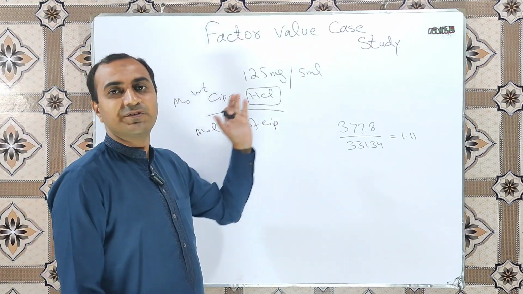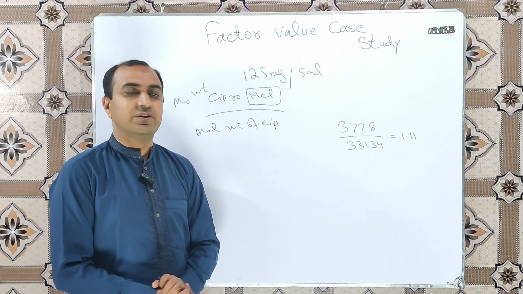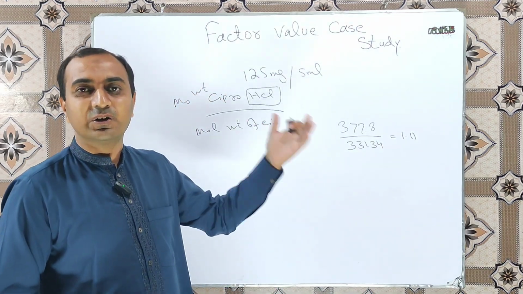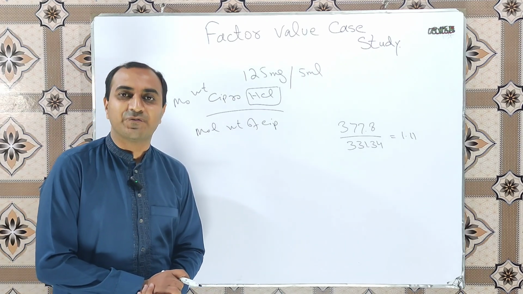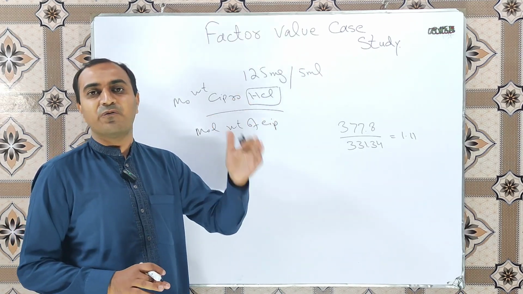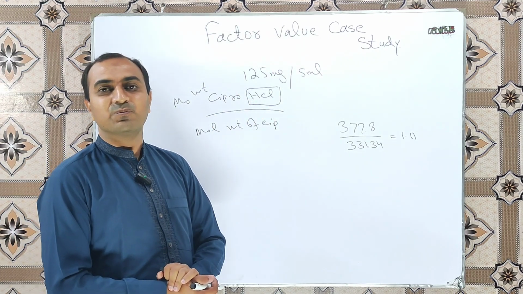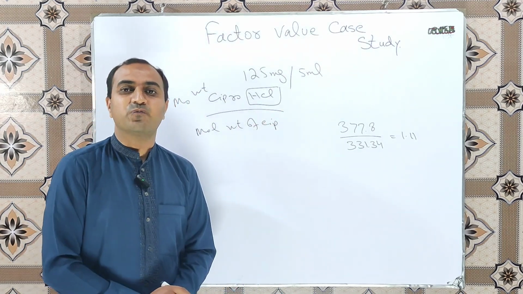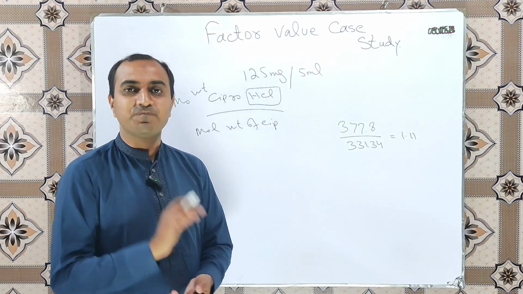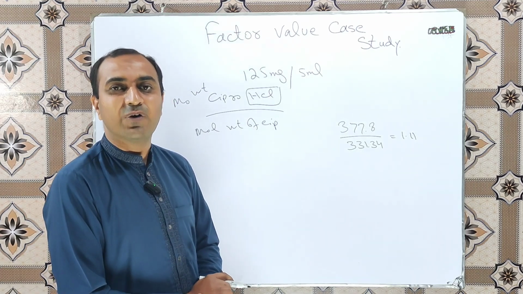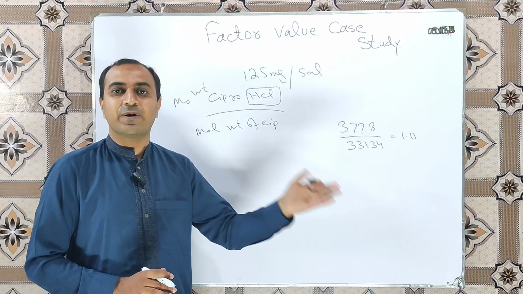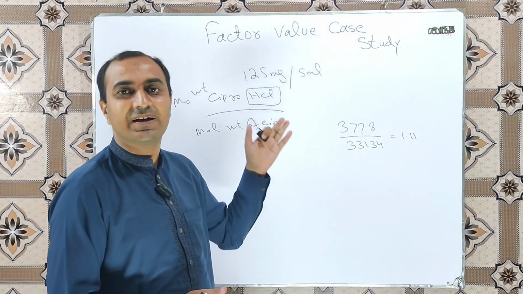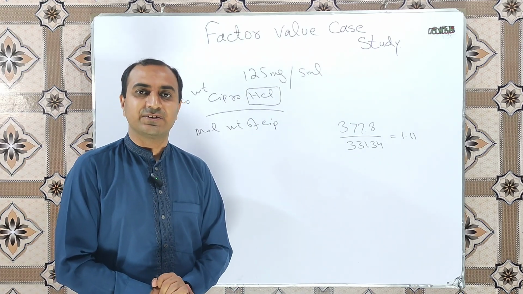Meaning the ciprofloxacin HCl factor removal value will be 1.11. Now the newly joined pharmacist is not aware of the calculation of the ciprofloxacin HCl which must be equivalent to the ciprofloxacin. So we will help him to find out the value for a single suspension. If you want to learn how to calculate the active pharmaceutical ingredient quantity for dry powder suspension, must watch the video. The link is given in the description.